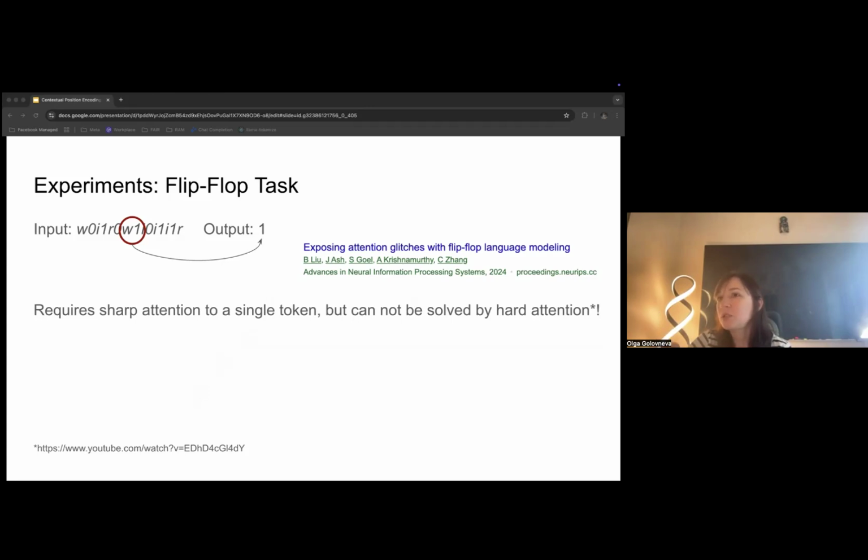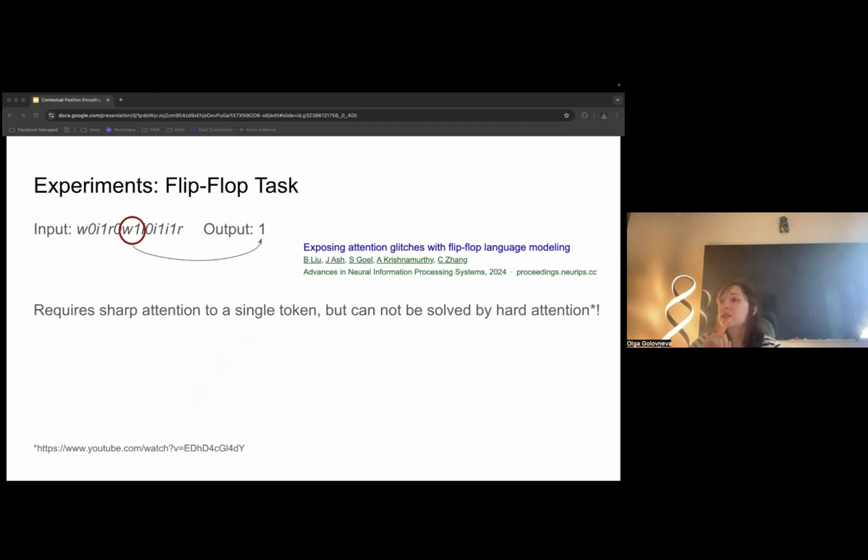So the model needs to memorize this bit of information if it follows W, that is, write, recall it if it follows R, or just ignore if it follows I. It's guaranteed in this task that all strings start with W and end with R. So always the task is to recall whatever was written last. Like in this example, the expected output is 1 because 1 was written last, after W.